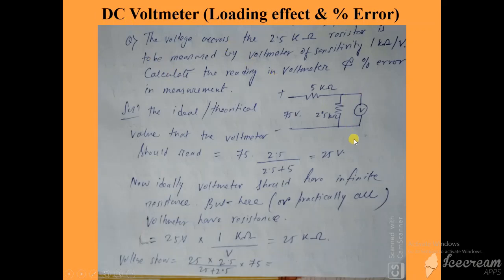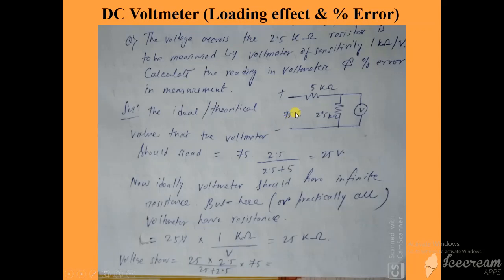So this is the voltmeter, and with the voltmeter we have to measure the voltage across this resistance, right? So what should be the value? This is the total circuit, this part. Just see my mouse, this is the total circuit, right? And the voltmeter is connected across this resistance, so obviously it will measure the voltage across this resistance. So theoretically or ideally, what will be the value?